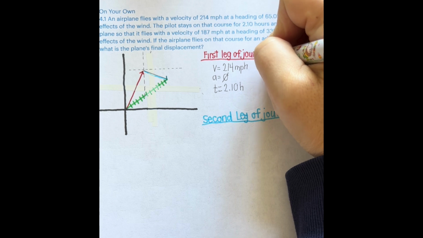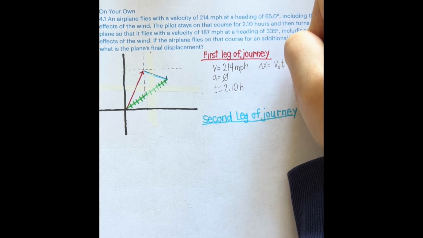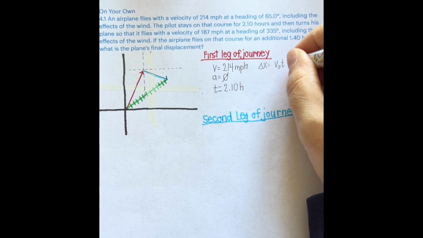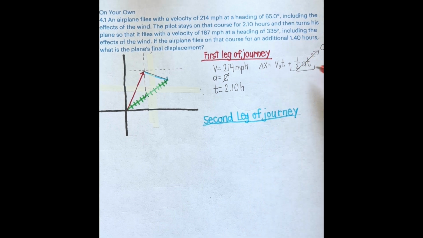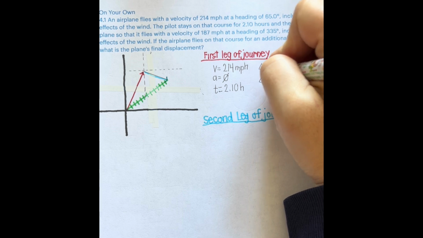So we have delta x equals the velocity times the time plus 1/2 a t squared. Sometimes I just go ahead and get rid of this and turn this to 0, because anything times 0 is 0. So now we're left with the displacement delta x equals